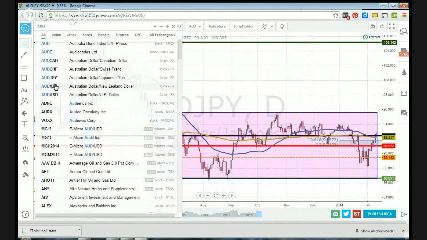Aussie Kiwi we looked at, Aussie Dollar we looked at as well. I have a position, or that got stopped out. We'll take